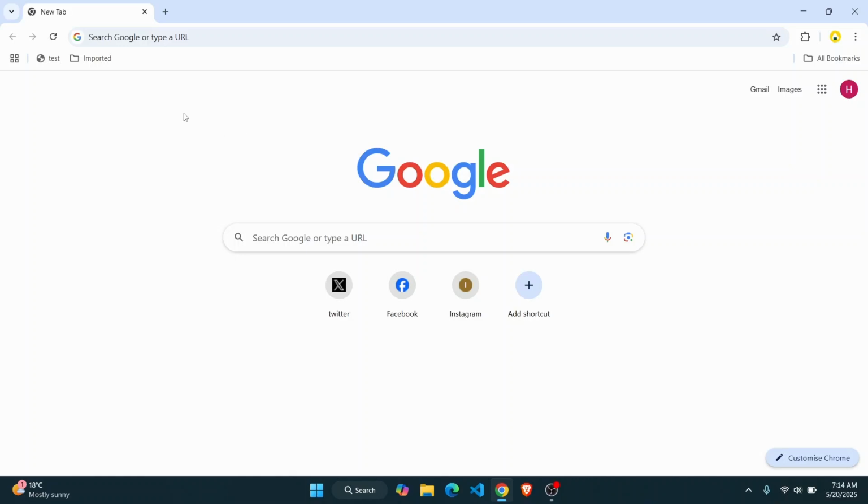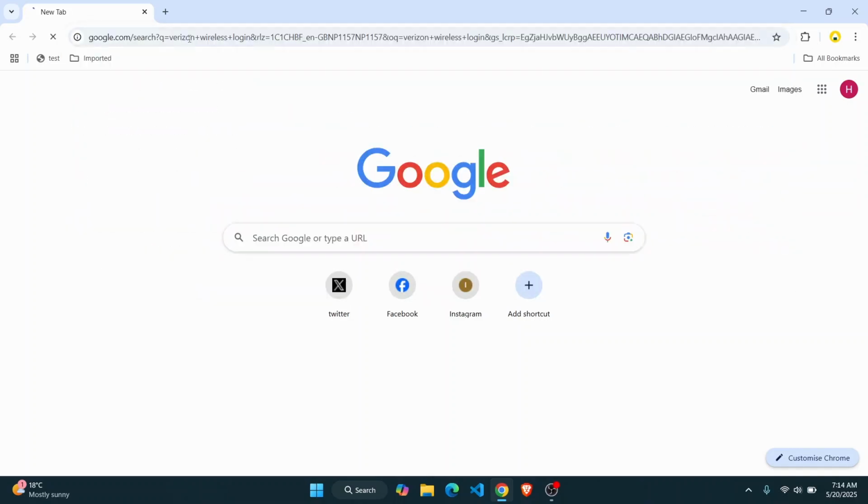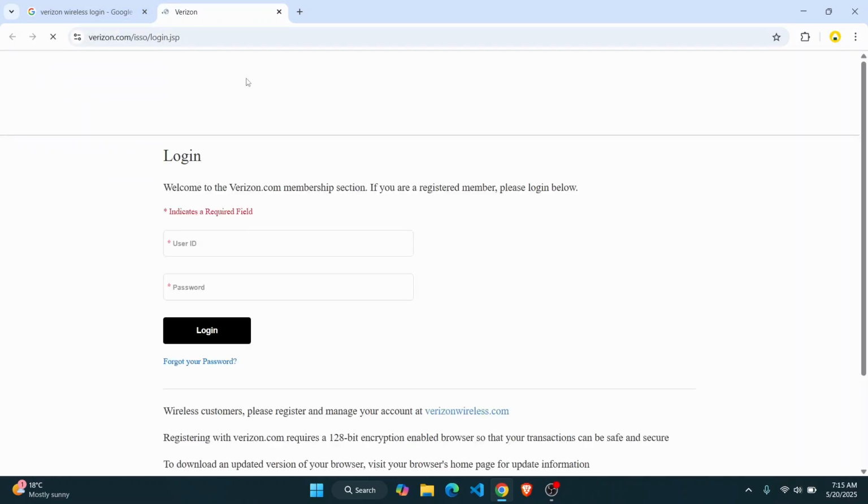So the first thing you're going to have to do is open up your web browser and then tap on the search bar and simply search for Verizon Wireless login. Hit enter and you'll be taken directly to the login page. So from here, click on the first link that you see and you'll land directly on the login page for